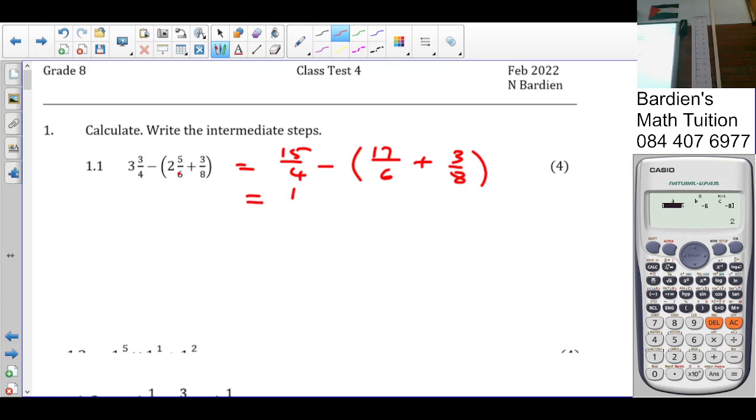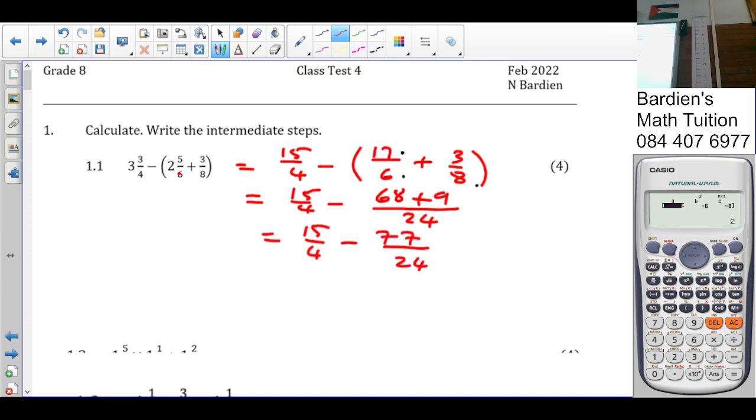So it's going to be 15 over 4 minus, since it's one term, I can drop the brackets, 24. You must times it by 3, so times by 4. 17 times 4? 68. You times 8 by 3, so 3 times 3 is 9. So you got 15 over 4 minus 77